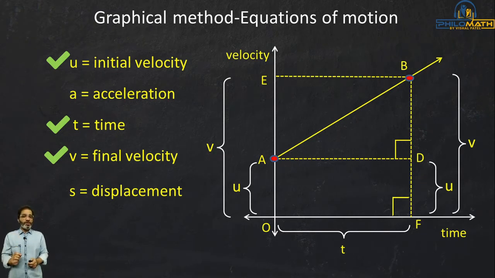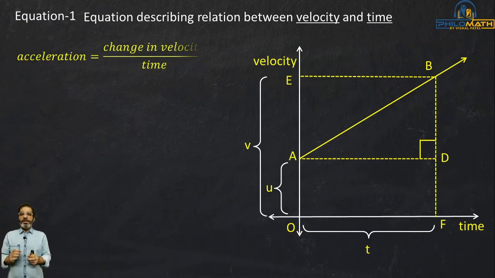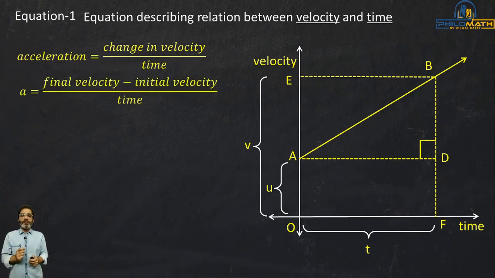Now with this, students, let us start with the first derivation. The first equation is the equation describing the relation between velocity and time. After the derivation you will see that the equation we get shows the relation between velocity and time. We know the formula: acceleration is equal to change in velocity upon time. What do we mean by change in velocity? Final velocity minus initial velocity upon time. So instead of acceleration I am writing a, and change in velocity is nothing but final velocity minus initial velocity